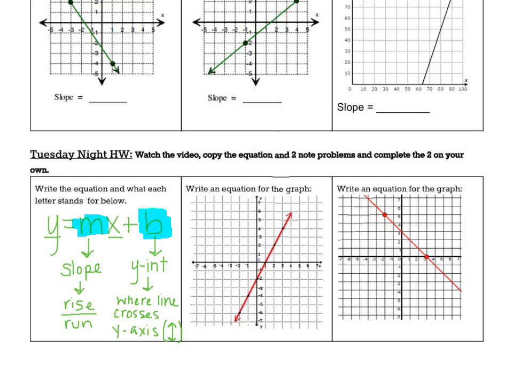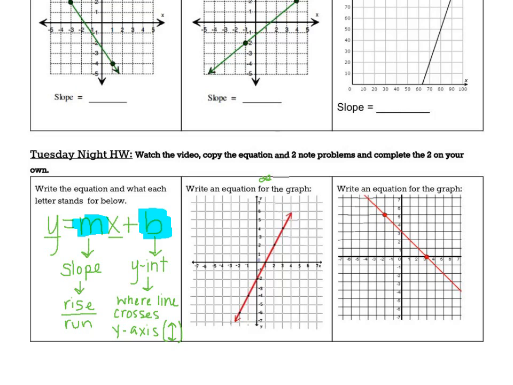So today we're going to write equations from given lines. You'll see the next problem over here has a line given, and we're going to write the equation. And then on Wednesday, you guys are going to be given the equation and you're going to draw a graph. So let's look at this first problem. We have a line,